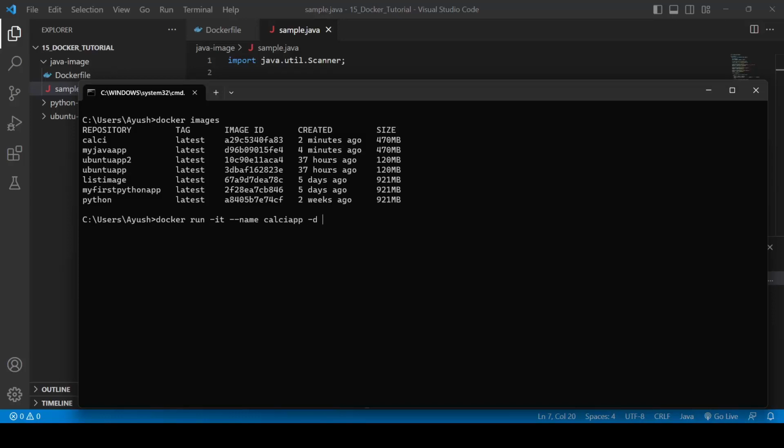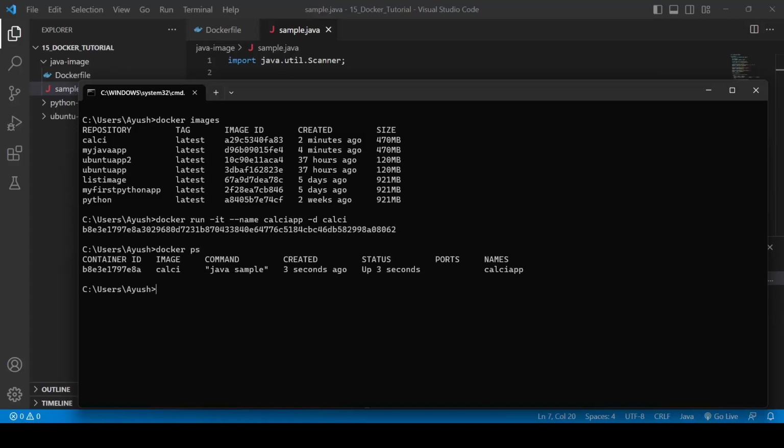Again, we will do -d for detach mode. It means it will run in the background. Again, calc is there. Let's hit enter. Let's do docker ps to check. Yeah, so here you can see it's running in the background. Okay, fine. Let's try to execute docker exec -it, and the